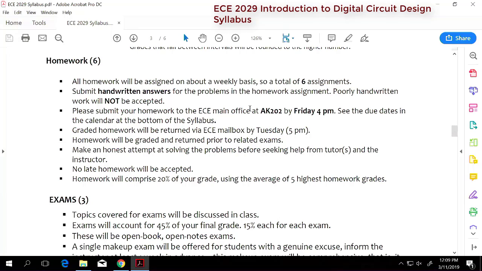So the homework, there are going to be a total of 6 homeworks. Every Friday I'm going to assign you a homework, and that will be due the following Friday. Okay, how many of you have the ECE mailbox number? Probably the first thing you want to do when you walk out, maybe go to the ECE office. I think it's 209, and then either ask Miss Colleen or Deb to get you the email box number.